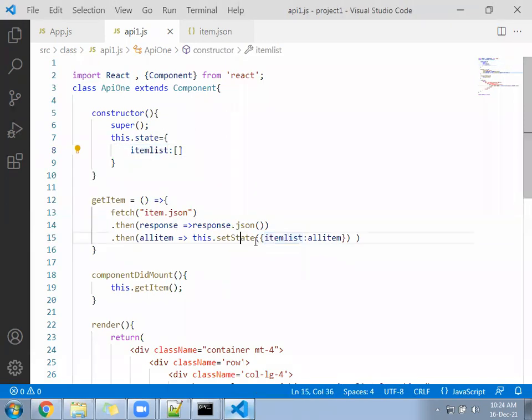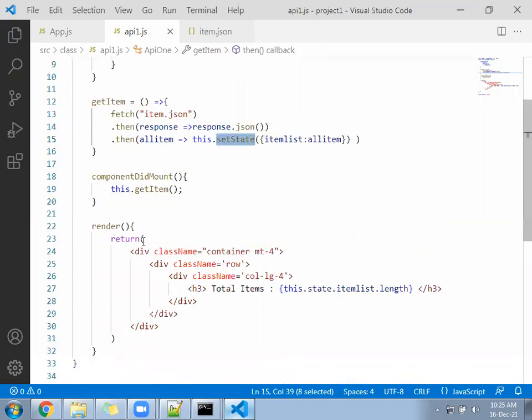When the set state function was called, data came in the form of an array, and from the array it got assigned to item list. As soon as it gets assigned to item list, set state will call the render function again. Because earlier the value was 0. If you do not call the render function, it will still display 0 only. So the render function will be called automatically. Then only the 0 is replaced by 9. Clear?